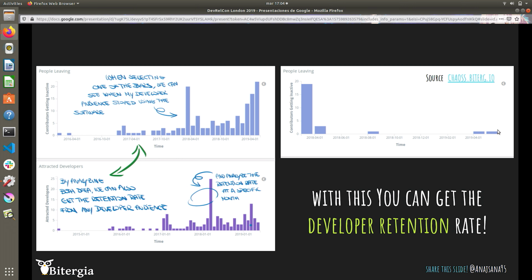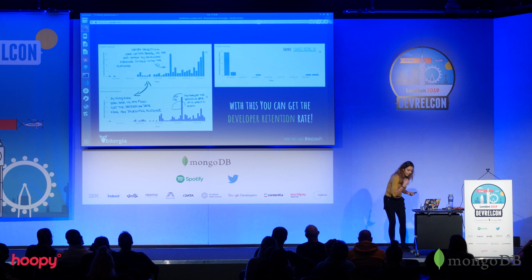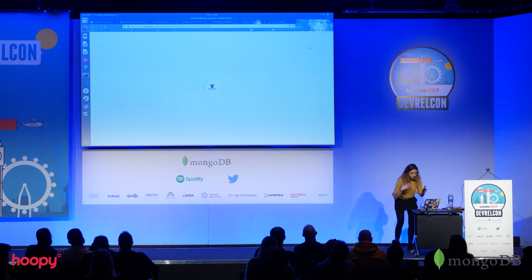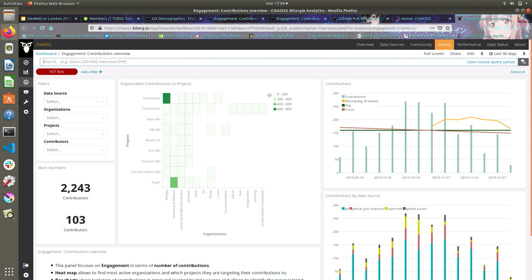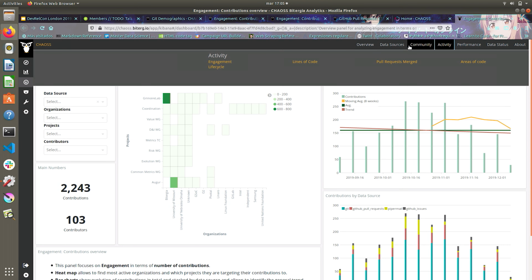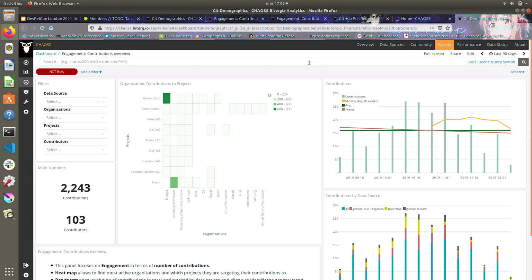One of the other things we can try to analyze is the developer retention rate or the developer bounce rate. In order to understand that, I'm going to tell you a little story, and then I will give you some context. This is a software that uses GrimoireLab. It's open source, and you can try it on your own if you would like. So if you go to activity, community, and go to attraction and retention,